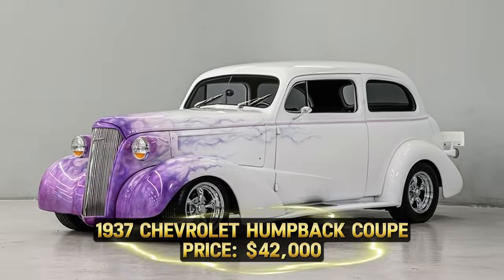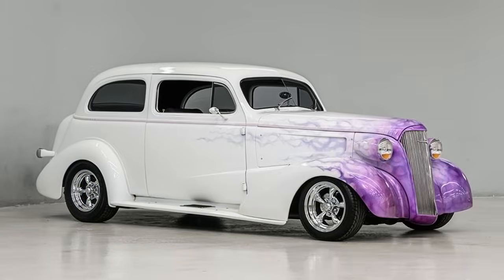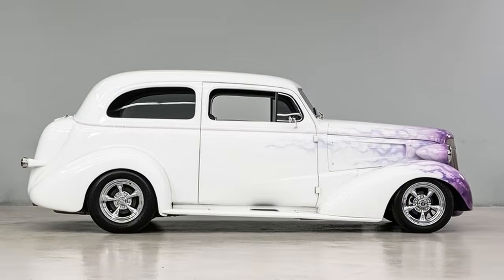Number 1. 1937 Chevrolet Humpback Coupe. Price, $42,000. Location, Oklahoma. This 1937 Chevrolet Humpback Coupe blends classic pre-war styling with modern street rod upgrades, offering a striking custom